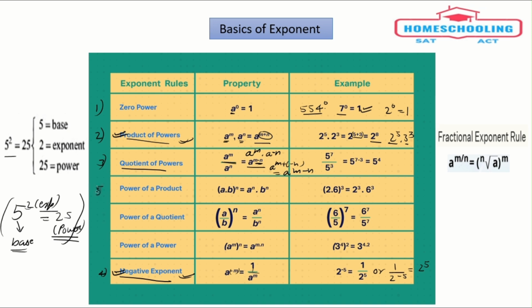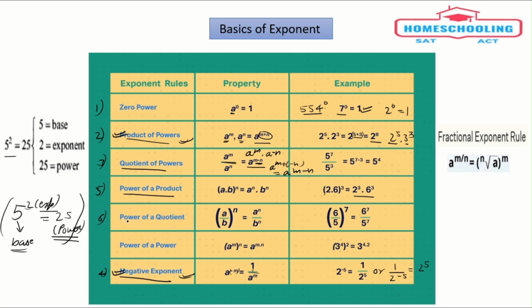Now moving to the fifth rule, power of a product. So a into b, whole to the power n, is a to the power n into b to the power n. If you take an example like 2 into 6, whole to the power 3, it can be written as 2 to the power 3 into 6 to the power 3. Similarly,